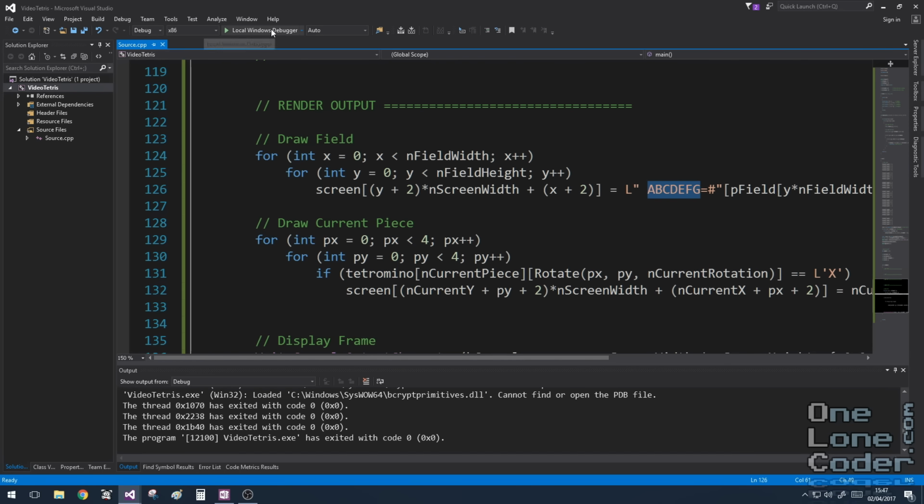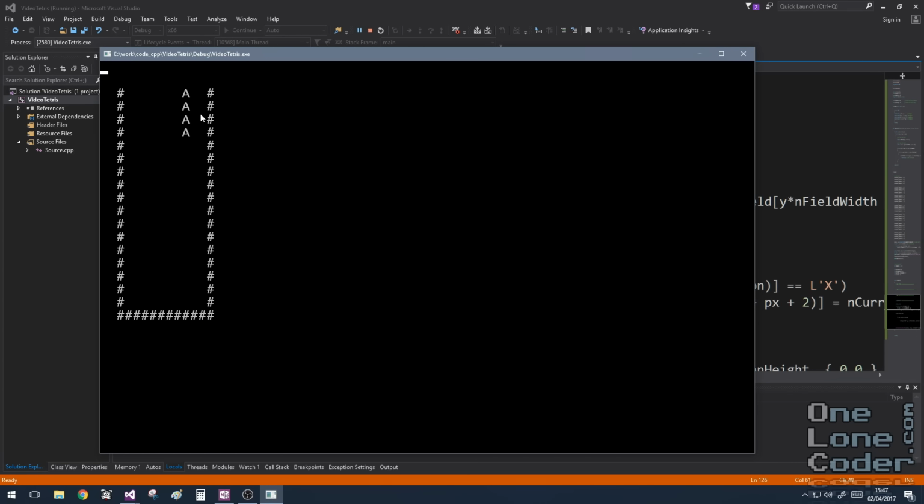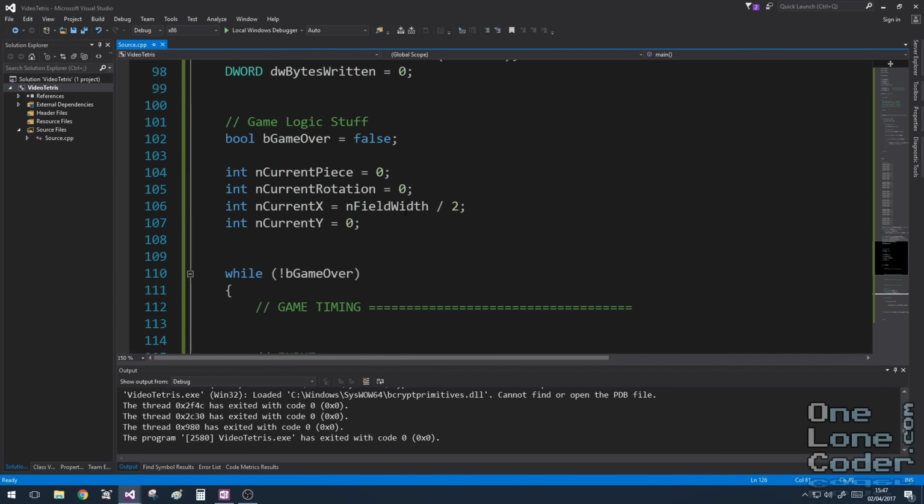So let's just double check that that's actually running. Good, we can see that the Tetromino is not falling anywhere, we've not implemented that yet, but it's drawing it with the appropriate characters. And just to double check, if I change the current piece to, say, piece number 1,